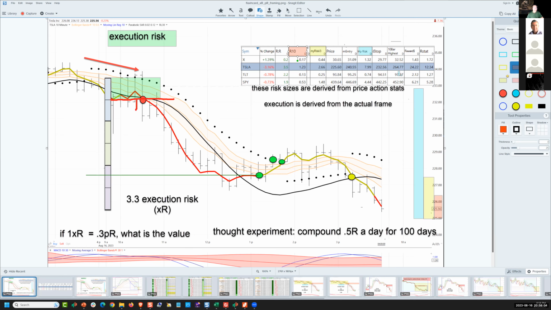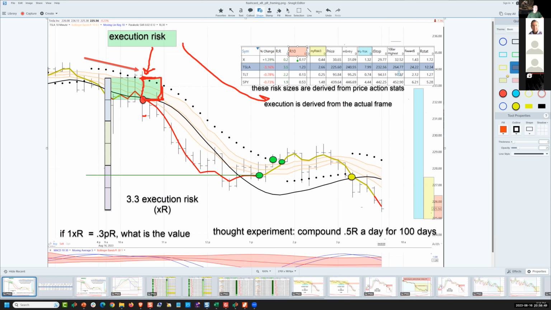So you have a reasonable range of entry in this area, whether you got into it in this bar as it was collapsing, or you waited for it to come up and then roll over again. You should be getting in somewhere in this range. Wherever you specifically enter, and I'm just going to use this bar here as the example, the execution risk is derived from the actual frame of the trade that you see unfolding in front of you. And the limit on that is going to be the PSAR dot. So I'm drawing that green box